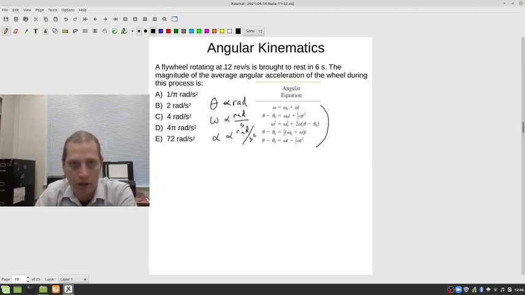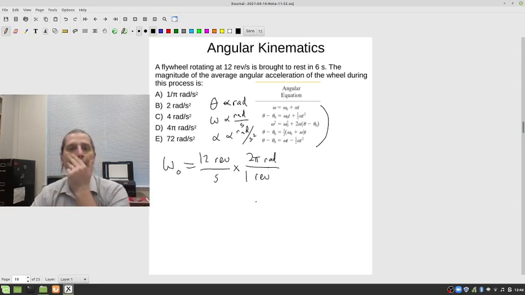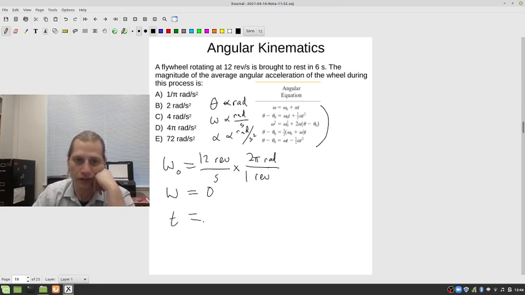And so if it's 12 revs per second, that means that this is your initial velocity. 12 revs per second, which is the same as, I can change 1 rev into 2 pi rads. Okay, and if you have your final velocity as 0, and that happens in t equals 6 seconds,